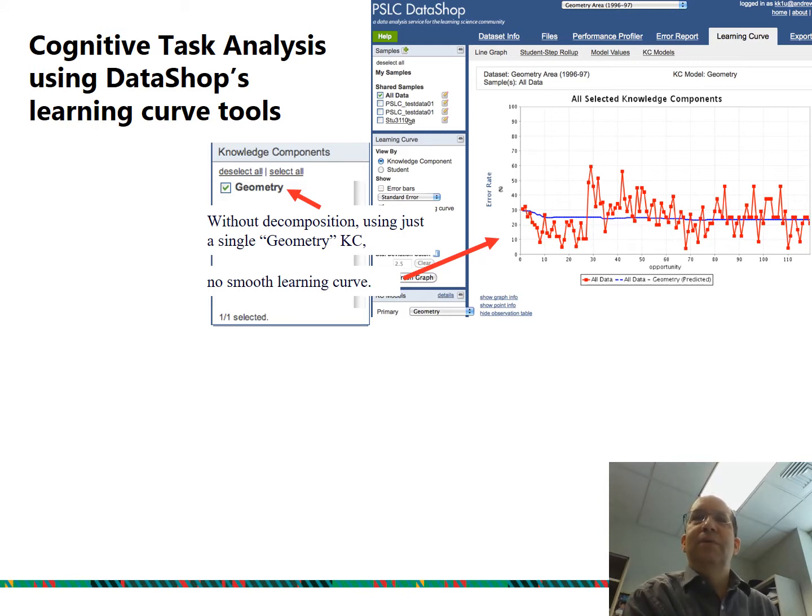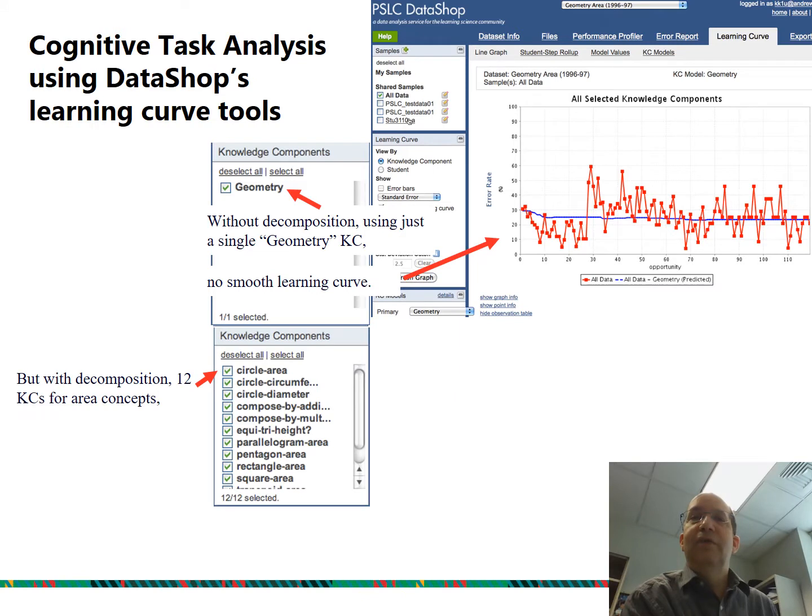Learning over time, we can't really tell if the student is learning if we look at the general picture. Let's take a look at geometry. If we look at all the knowledge components all at once, we can't really see anything from this, or if we look at the learning curve. But if we break this down into individual knowledge components, then we can tell when the student is learning for